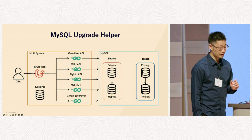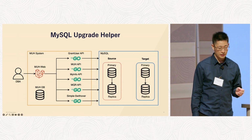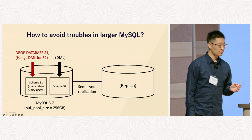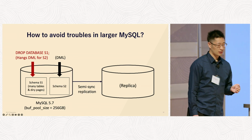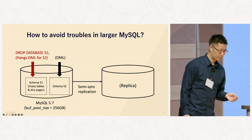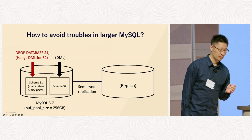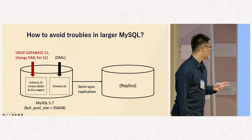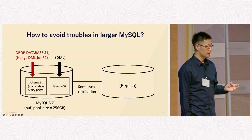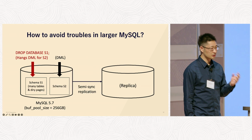And also, we are developing those automation systems to reduce costs. And also, we can reduce human errors and avoid complicated operation in each environment. But sometimes we face some mysterious issues on large environment and also high load environment. For example, in this case, we are running with MySQL 5.7 replicated with semi-sync replication. And there are two big schema databases, S1 and S2, and S1 has many tables and still has many dirty pages on buffer pool. And I dropped this database, S1,